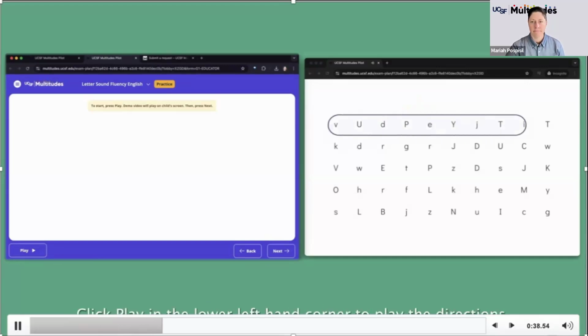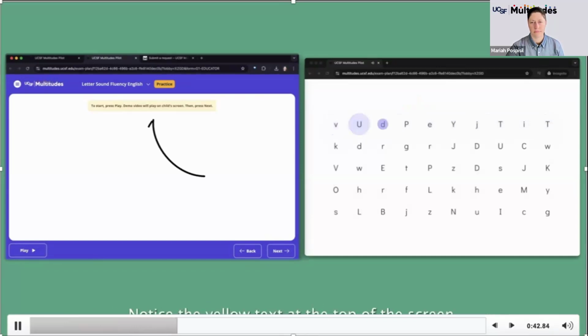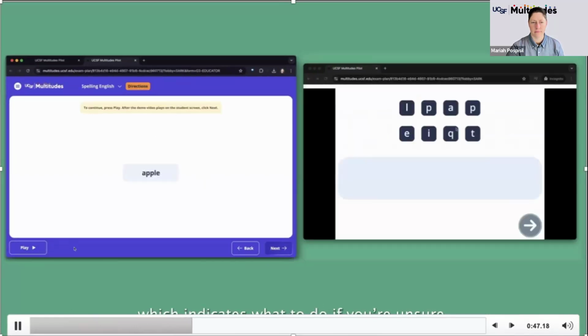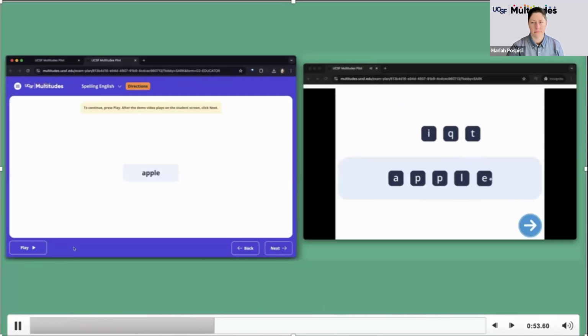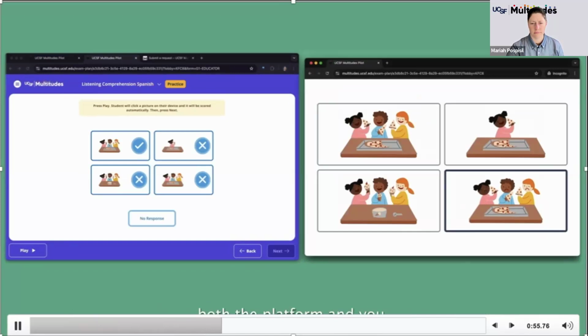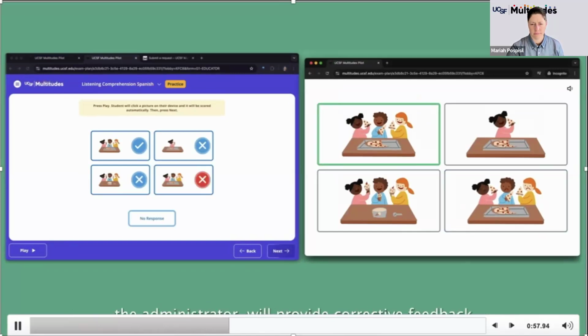Click play in the lower left-hand corner to play the directions. Notice the yellow text at the top of the screen, which indicates what to do if you're unsure. The platform will explain the directions and walk the child through 2 to 3 practice items. At this point, both the platform and you, the administrator, will provide corrective feedback and ensure that the student understands